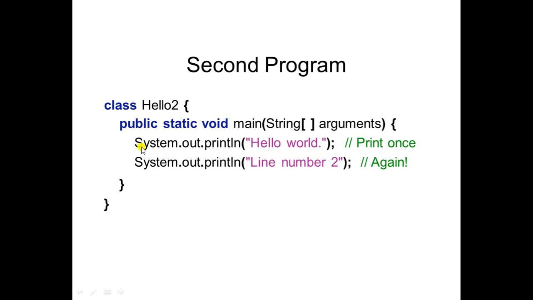So what do you have to use here? System.out.println, the message, whatever message, in double quotes. Then again, if you observe here, the statements are ending with a semicolon. Again, this you need to remember. In Java, the program statements are ended with a semicolon. Then System.out.println line number 2, again with the semicolon. So what will be the output of this code? On the output console, you will get hello world, line number 2.